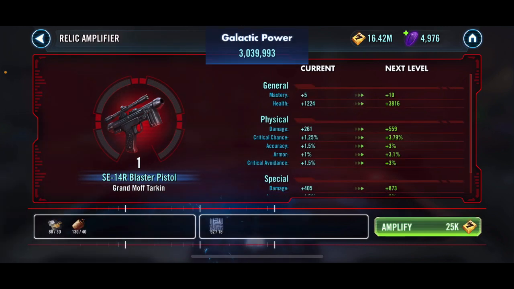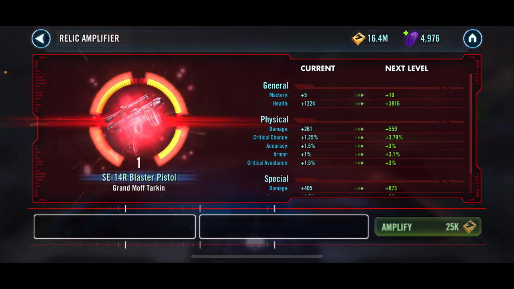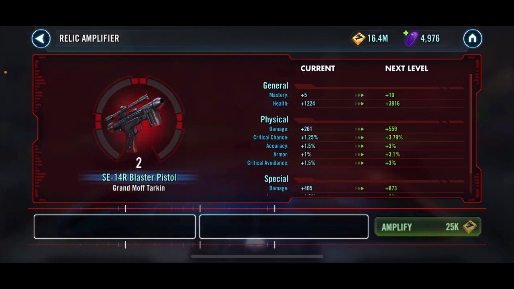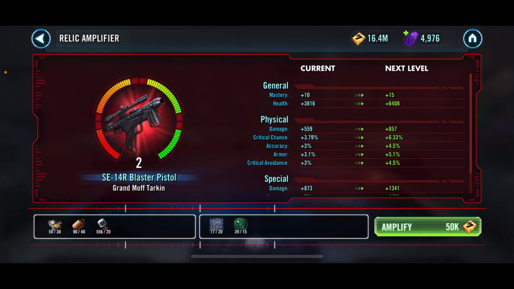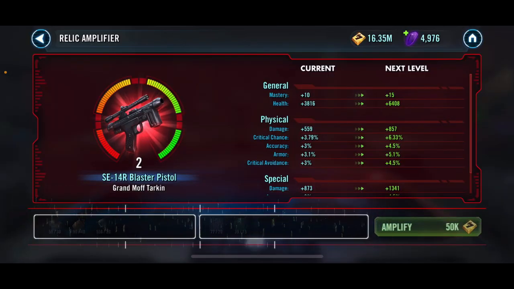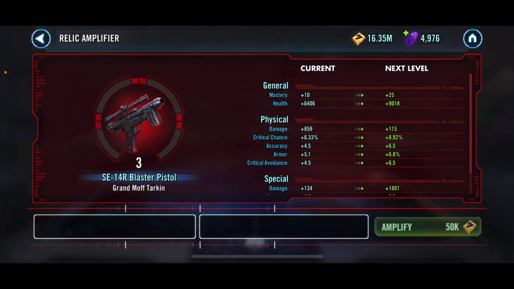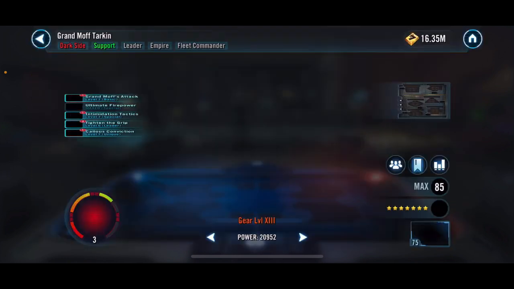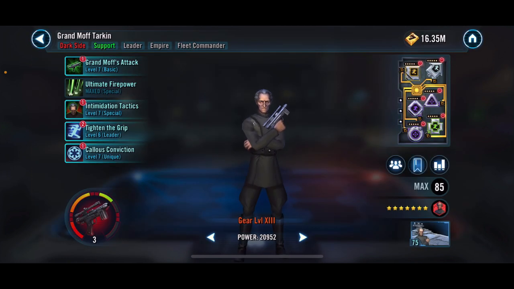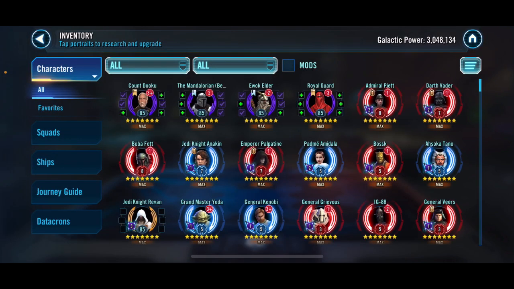So there's Relic 1. Pretty simple here. Just taking another Relic there. And then 2. There we go. And then 3. Yes, we do have enough. We're very low on a lot of stuff now, but that is okay. We're going to keep working on this. So there we go. Grand Moff Tarkin to Relic 3. So there we can complete those 2 and take both of those off of the highlighted,